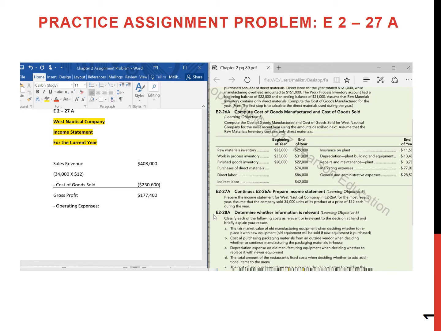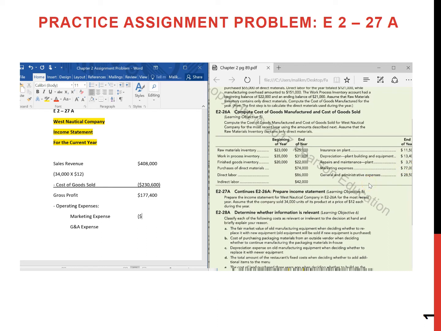So first we have marketing expense, and sometimes it's called G and A. G and A expense, that means general and administrative expense. So how much is our marketing expense? Our marketing expense is